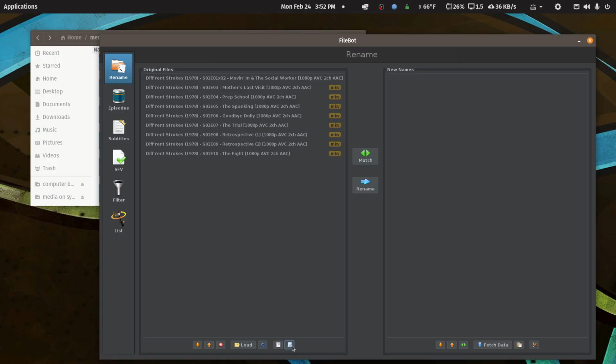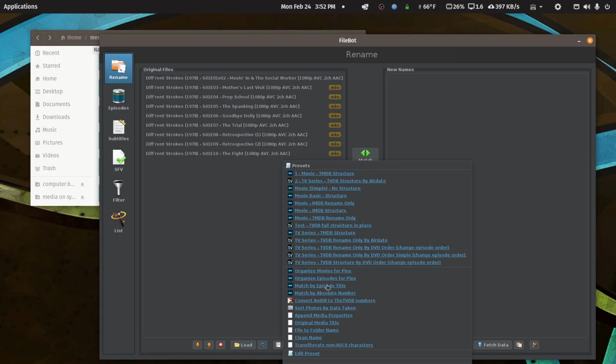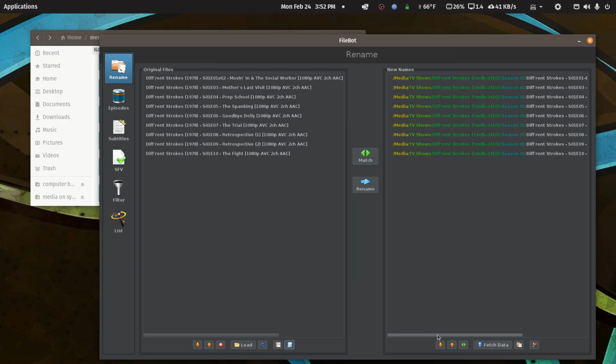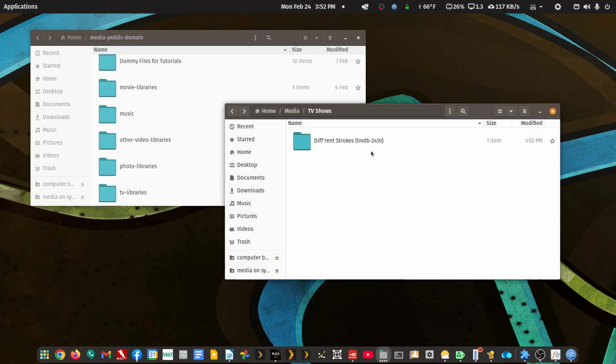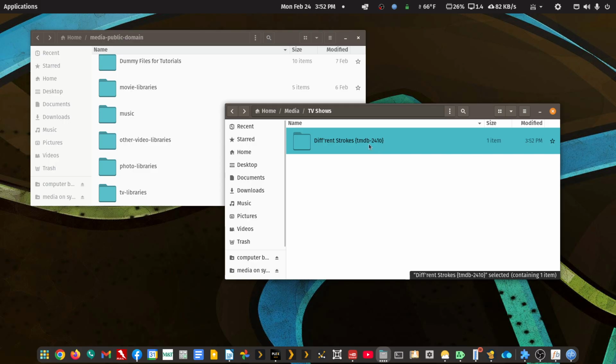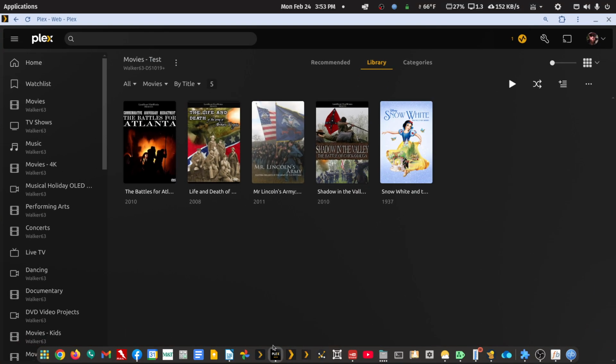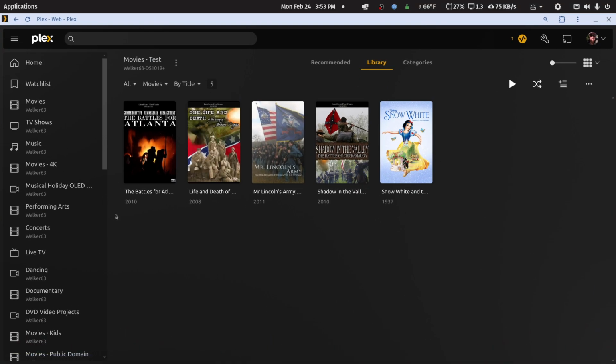So now I'll hold down the Shift key and I'll use Filebot's default organize episodes for Plex. And you see how the TMDB number is being added back in. So I'll hit rename and you see that change in real time. So I don't think the ID, the source ID, is necessary for TV shows. The only thing that's important is if you're naming from TMDB or TVDB, you need to adjust the advanced